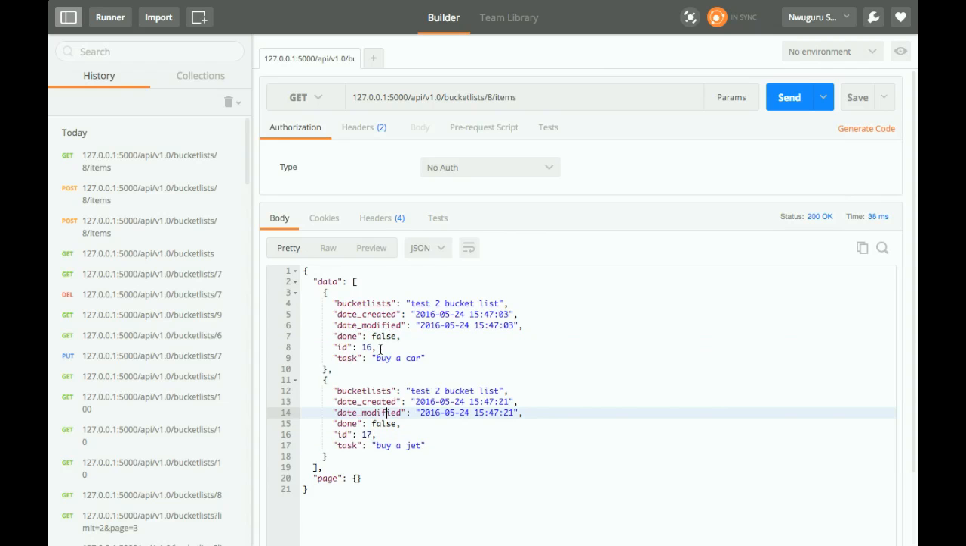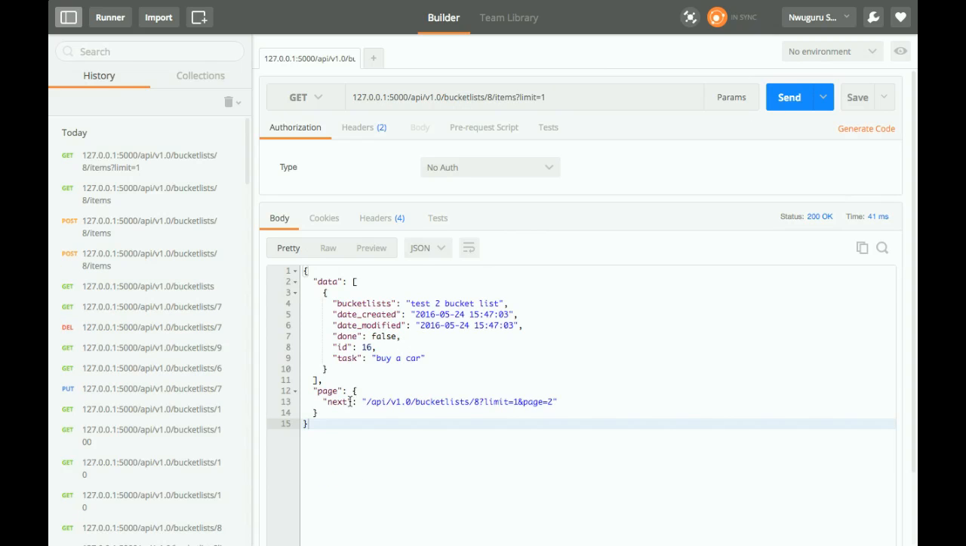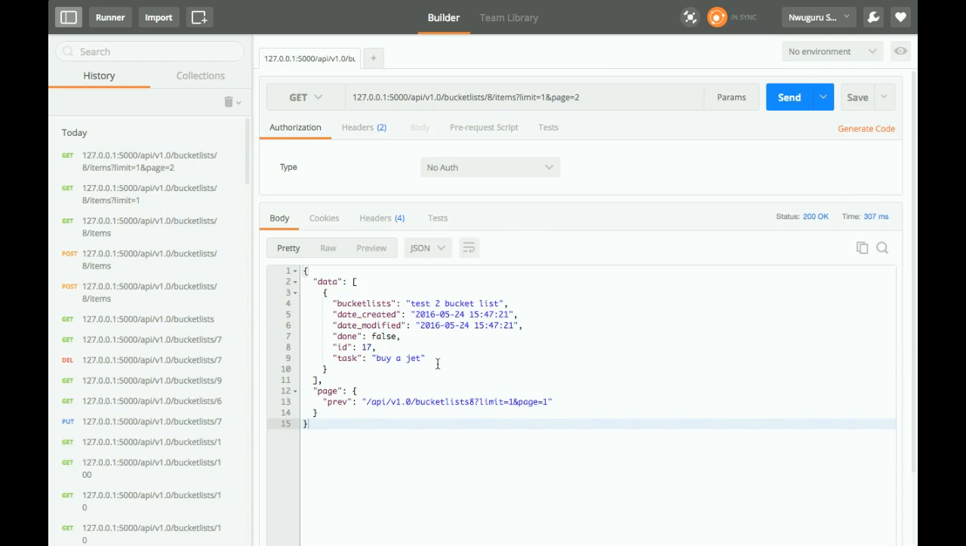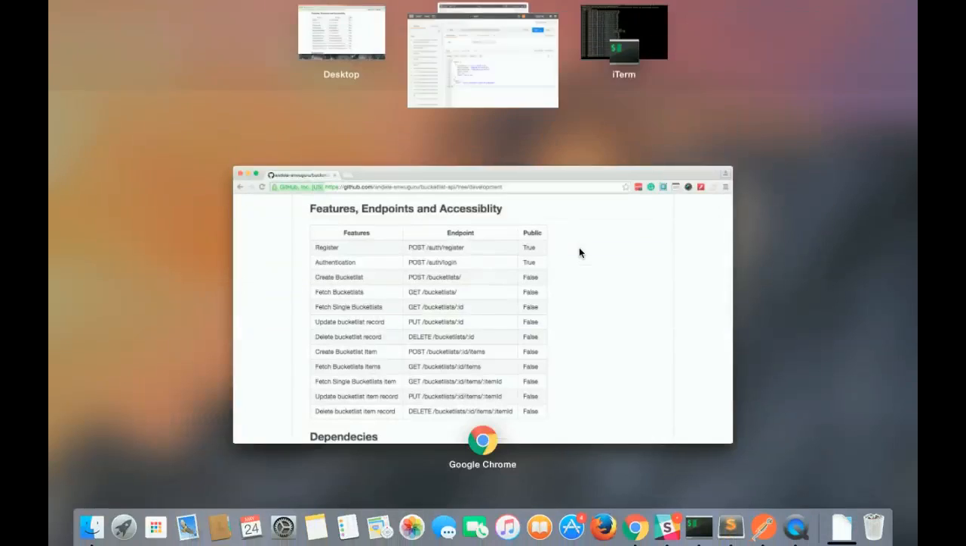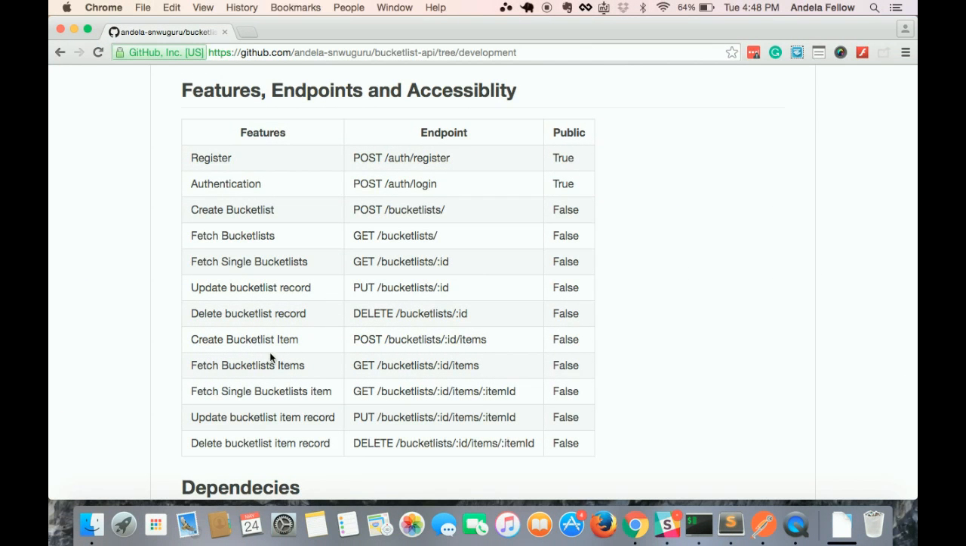Cool. So this one has pagination. If you want to paginate, you can also do limit maybe by 1. Let's see. Cool. And you have your next page. Copy next page equals to get by a jet. Great. Okay, so the next endpoint here is